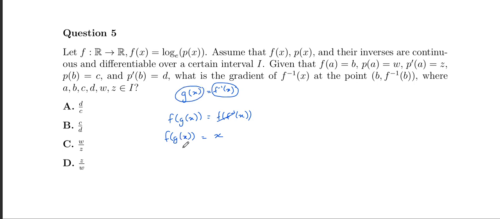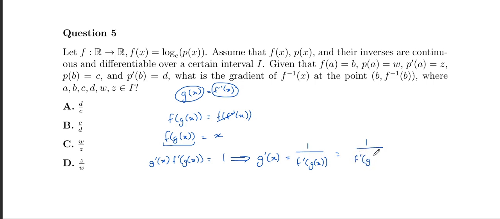So to do that, we're going to differentiate both sides. To differentiate this side, we use the chain rule. So derivative of the inside function is the derivative of g multiplied by the derivative of the outside function. And derivative of x is 1. So this implies that g dash of x is equal to 1 over f dash of g of x. And we need to find it at the point B, so